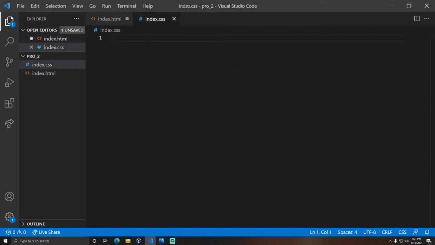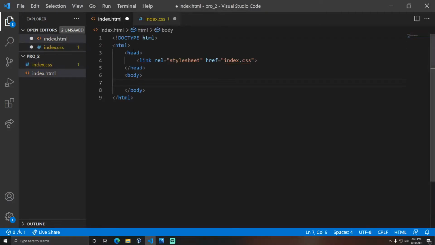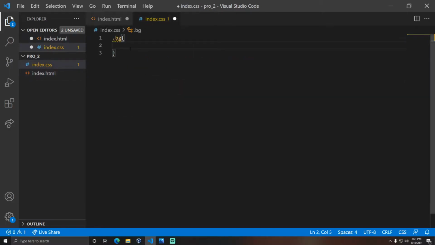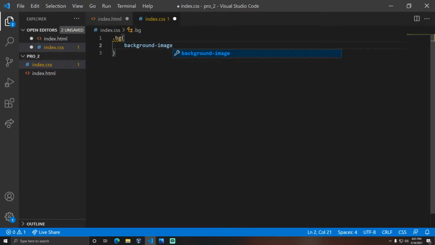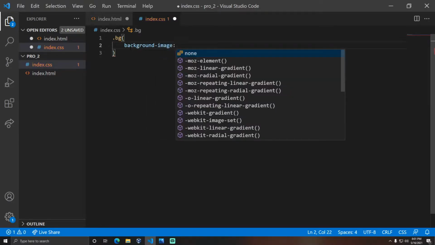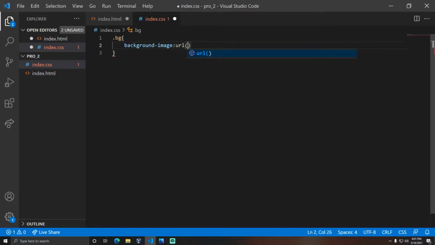In order to apply the background image, you need to wrap all the elements in one container. So I am going to wrap all the elements in one container, say the class is bg, which tends to background image or some background properties, and in order to apply the background image to it, we need to pass the URL of the background image as a property.